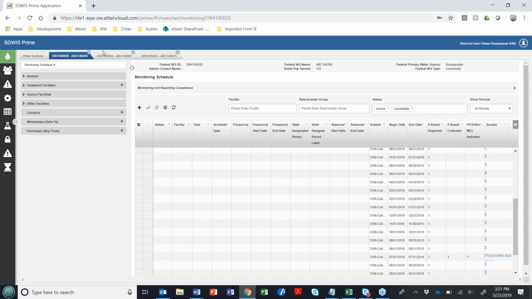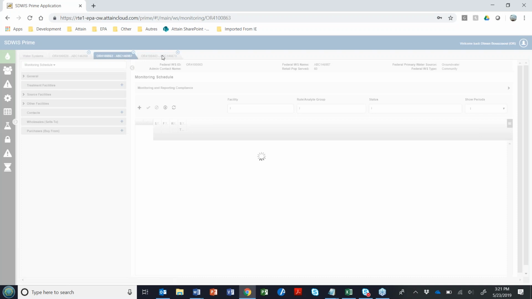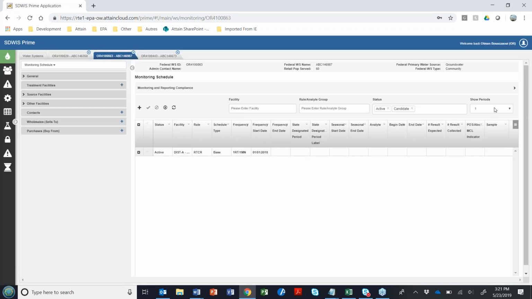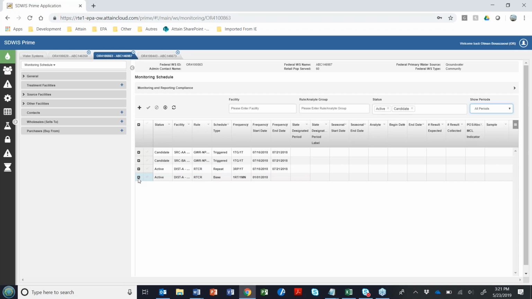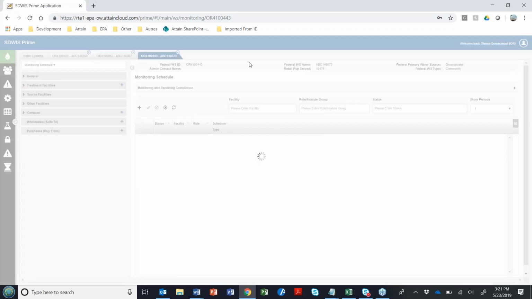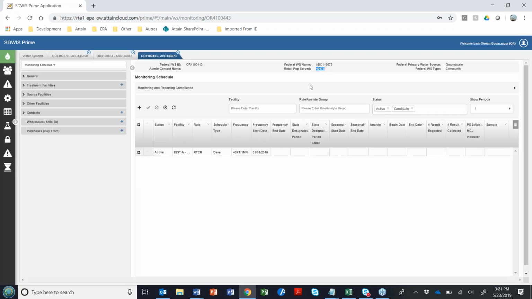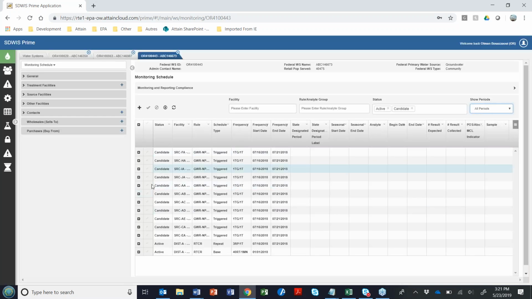coli. So I did the exact same action for the 3 water systems, and BRE, or the system, created a repeat monitoring schedule that I validated. So what you see here, this repeat candidate schedule was actually a candidate at some point, and I just went ahead and validated it. And the last water system is the large water system. You can see here that it serves more than 40,000 people. So it's going to ask for 40 routine samples every month. Always remember to hit all periods here so you can see everything that is in the past.